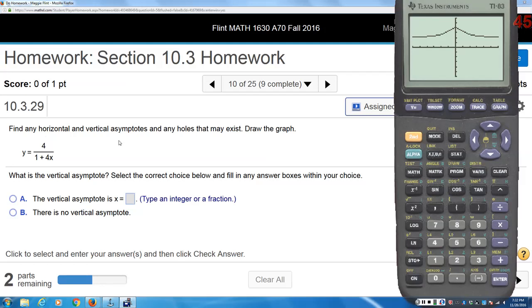Find any horizontal and vertical asymptotes and any holes that may exist. Now, a hole is going to be a place where the graph is not defined. It may or may not be an asymptote. It may, in fact, just be one single point where the graph's not defined. Most rational functions have a vertical asymptote and a horizontal asymptote. Vertical asymptotes meaning a vertical line, and a horizontal one meaning a horizontal line. The horizontal asymptote has to do with the fact that maybe it can approach a certain highest value, but it can't get any higher than that. Like, for example,